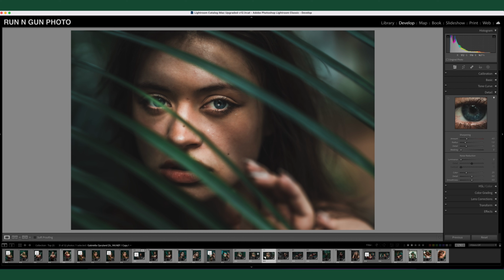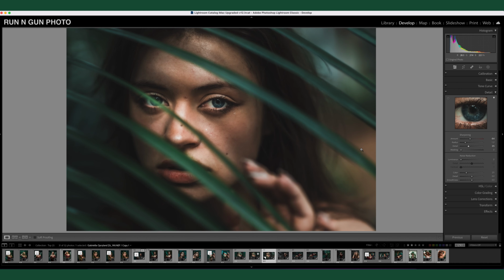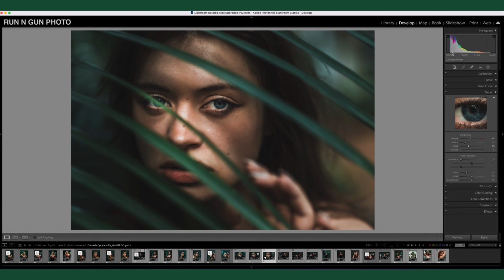Let's sharpen this portrait, make sure our eyes are nice and tack sharp, turn up that sharpening, turn up the detail a touch. And I don't see much noise in this image at all. I believe, yes, we shot at ISO 100 on an 85mm lens, f2, so there's really almost no noise. I don't really think I need to do any noise reduction,